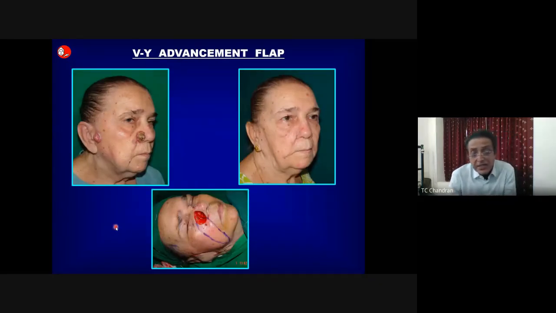Now, this is a fairly similar defect to that of this patient. This is what will happen. It will go up to the alar rim, and that will be the entire defect. Now, this is a long VY advancement. Now, when designing this, the length of the flap should be more than twice the length of the defect and exactly that of the width of the defect. Now, you can incise and the entire flap can be advanced and you can get a fairly good result. Most often, as I told you, they may not even require a skeletal support.